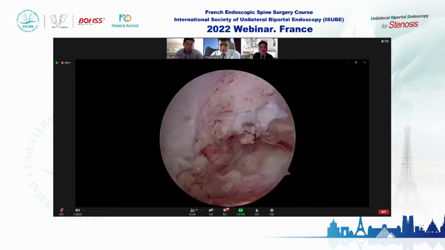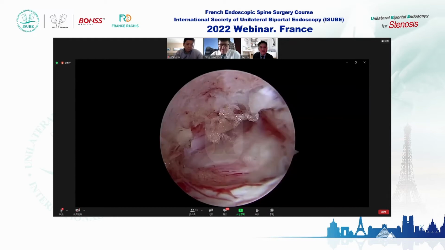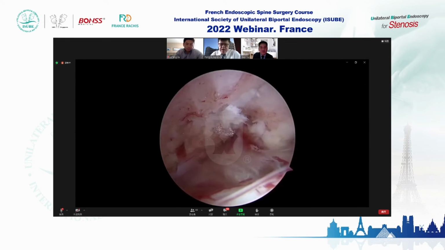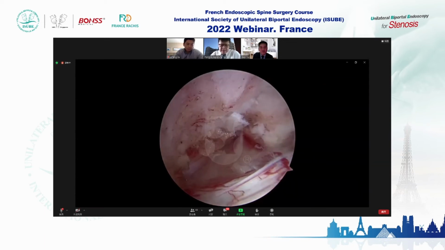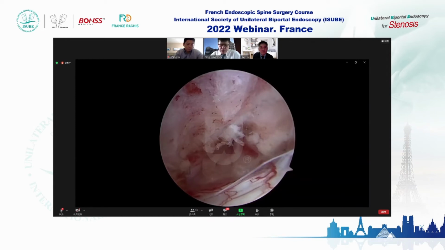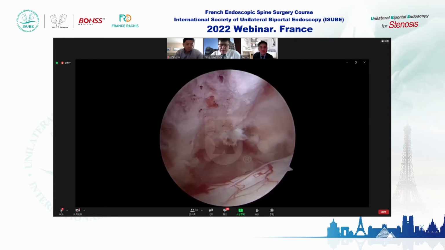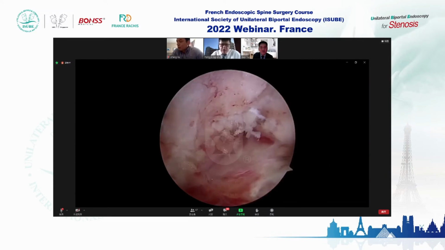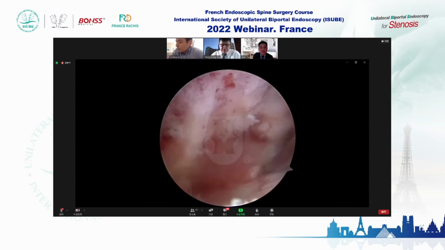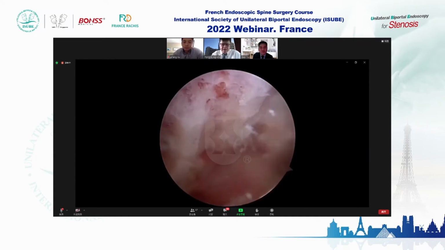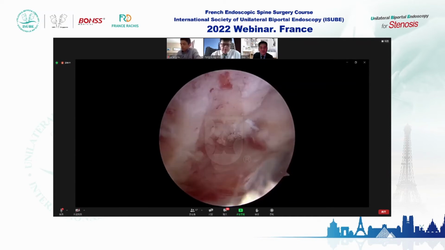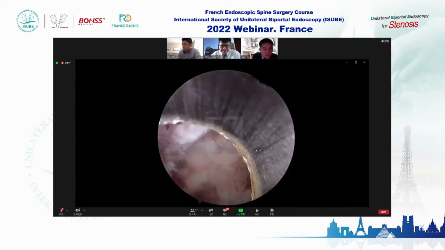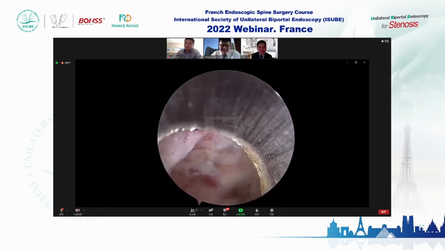In terms of SAP preservation, I think to be fair, both can preserve the SAP. It's just a different part of the SAP that is being preserved. For the contralateral approach in biportal, I will preserve the lateral and dorsal aspect of the SAP, while with the transforaminal approach, we only take the front, the ventral part. So I think the dorsal part of the SAP is preserved. I think both are stable. Okay. Thank you for your comment.